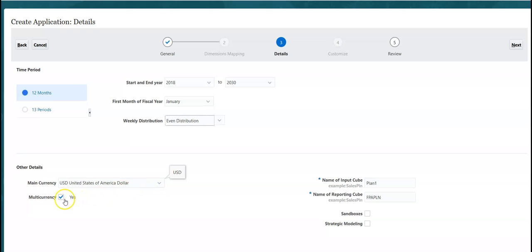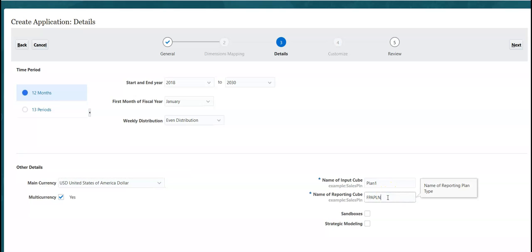So I'm going to say that my multi-currency is enabled and my company's headquarter is based in United States. So maybe I would take USD as my main currency. Then we are going to see the input cube and the reporting cube.